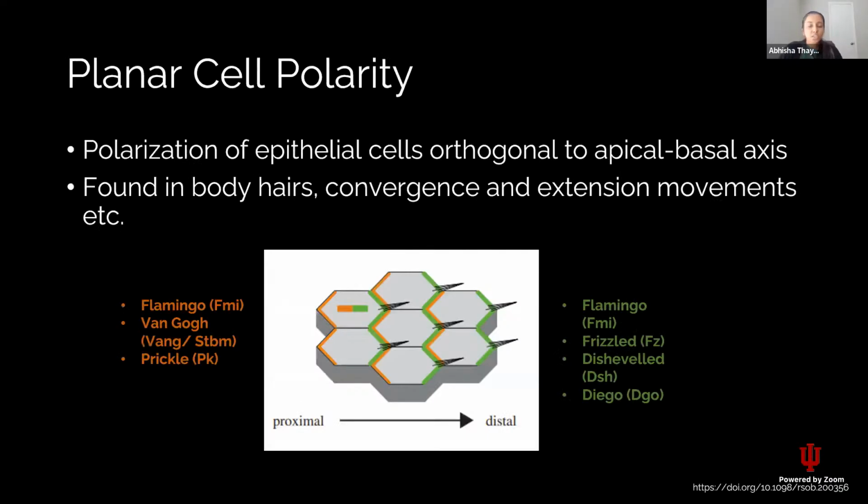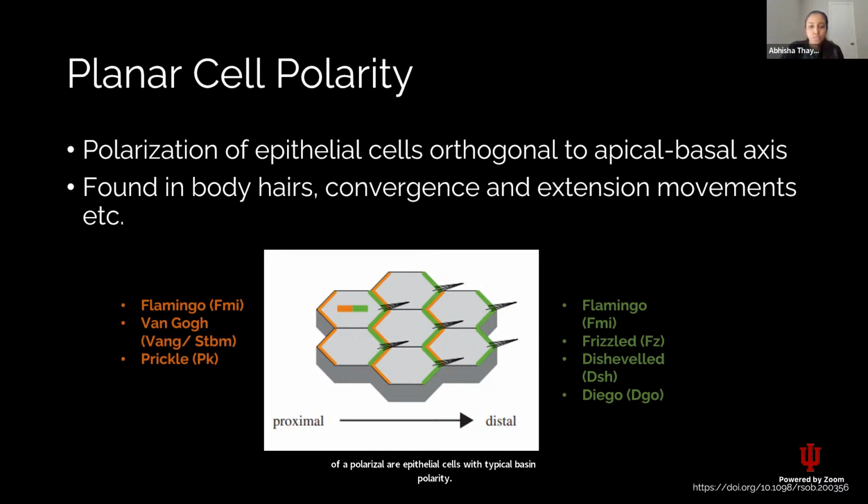We know that cells are not homogeneous bags of fluids. Most cells have a heterogeneous structure, with spatial differences in shape, structure and function. This is referred to as cell polarity. A classic example of a polarized cell are epithelial cells with apical basal polarity, with the apical membrane facing the outside surface